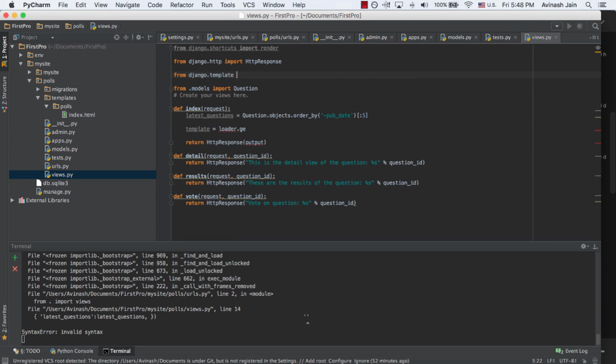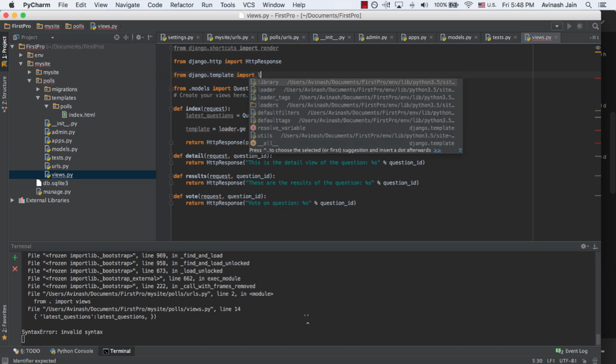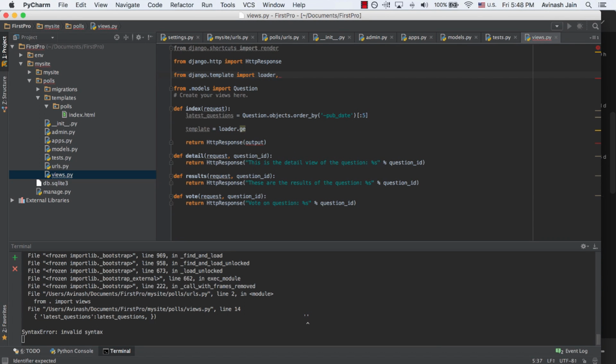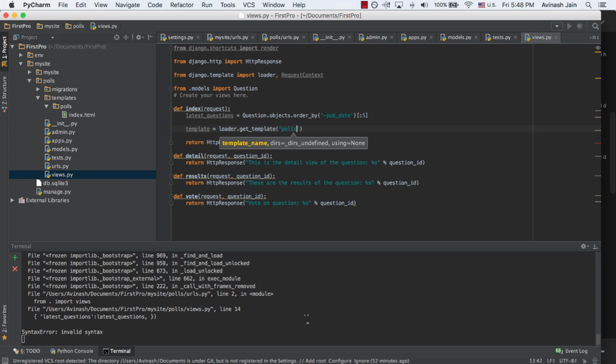From django.template, we need to import two things. We're going to import loader, and then we're also going to import something called RequestContext, okay? So we're going to say template is equal to loader.get_template, all right? And our template name, if you remember, was polls/index.html. So basically what that's doing is we're going to the polls folder,